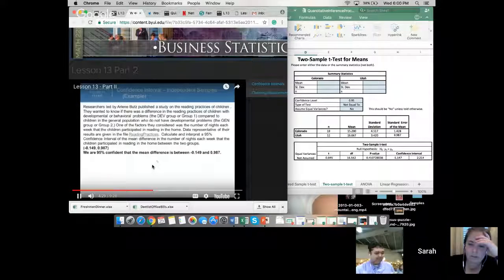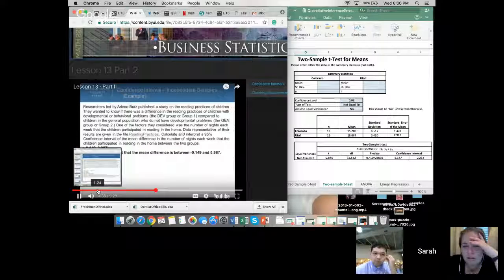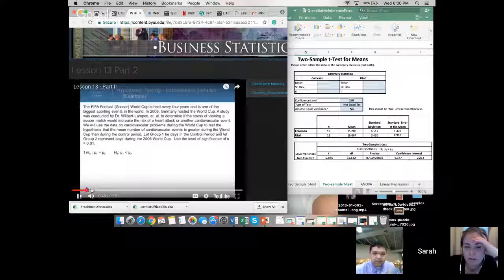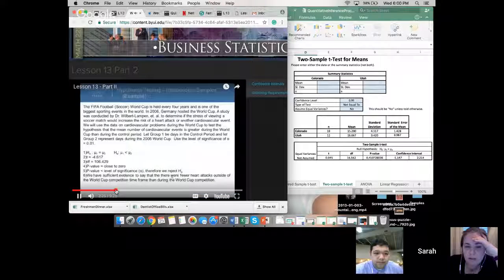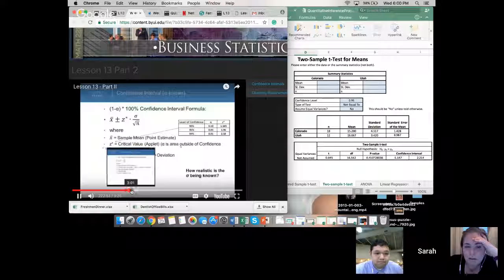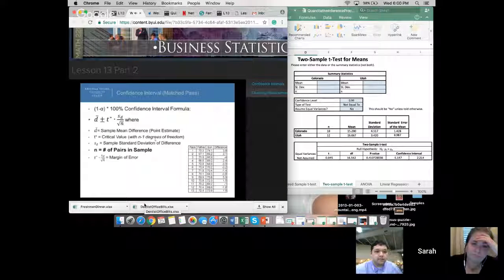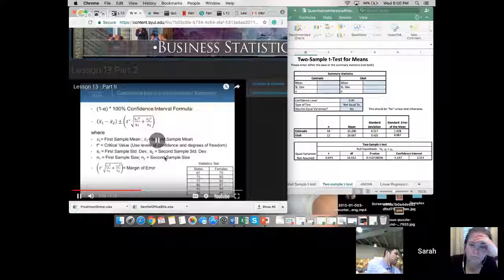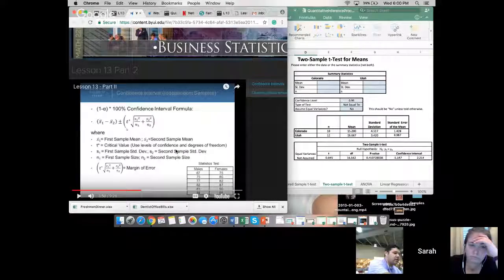Let's go back to the first example that we covered during the hypothesis test. Now we're going to look at this in terms of confidence. So if you remember, there were two groups. It's the same with this confidence interval. We go with matched pairs. The equation is probably something where you don't have the confidence level but you have the degrees of freedom, or if you don't have the degrees of freedom but you have the confidence level.